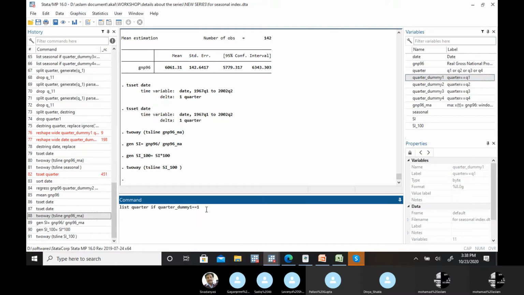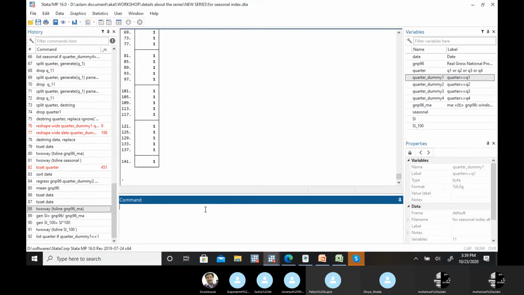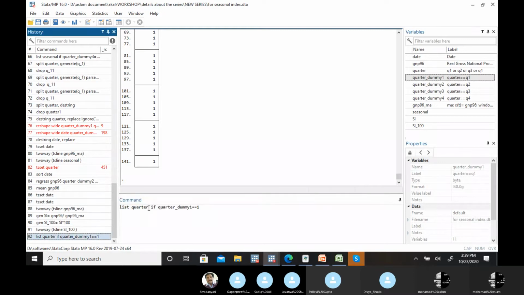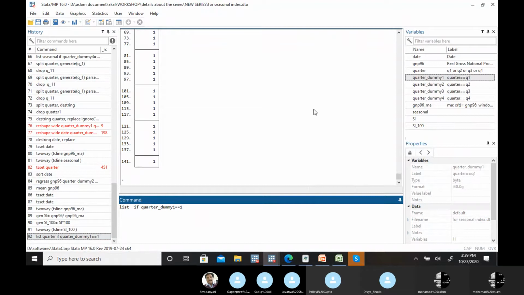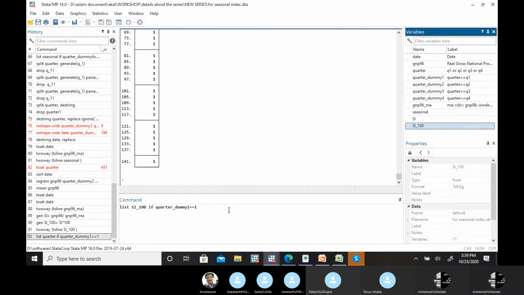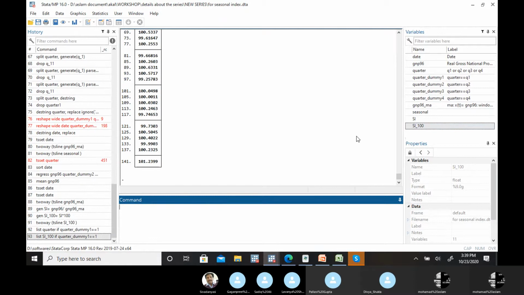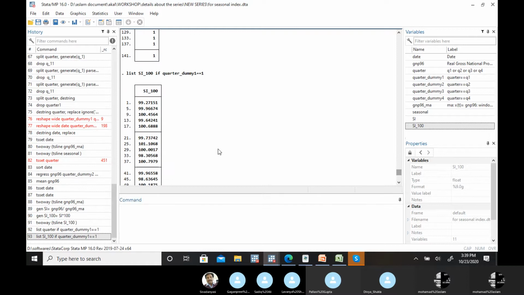I'm trying to explain this here with the manual process so that you can understand this elimination process, how we eliminate these irregular components. Sorry, list, not quarter, but this GNP, this seasonal index, these values for 1. So these values are for your seasonal irregular component for the first quarter.